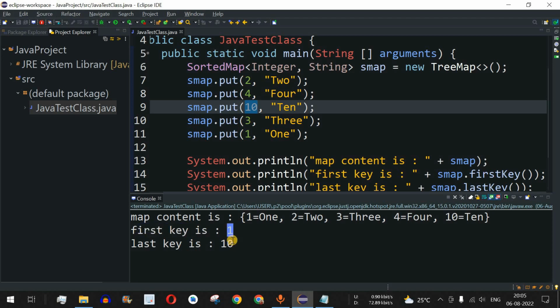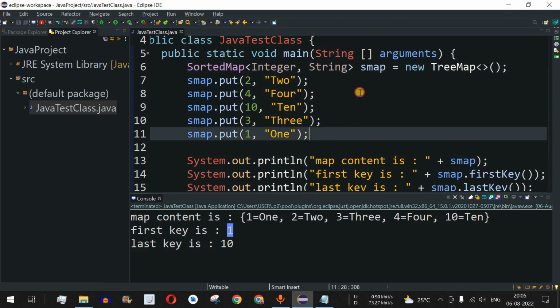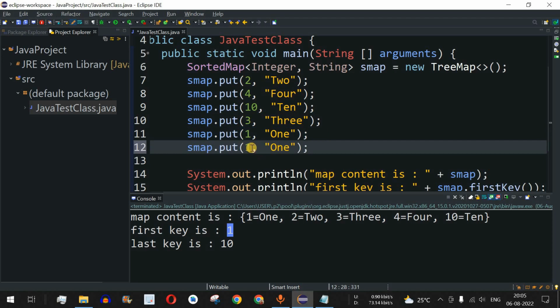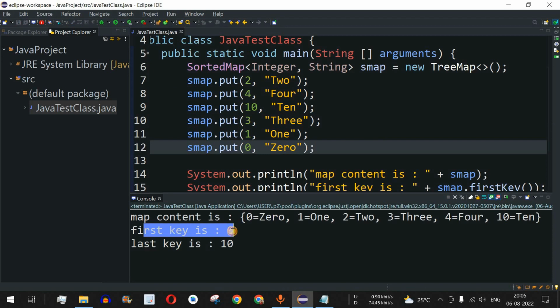And let us say if we want to change the first key to less than 1, so any number that is less than 1, yes, we have 0 as well, and we have negative numbers as well. So I'll just copy this and paste this over here. First we will check with 0 whether it works or not. So I will provide 0 as a string representation. I'll save this file and try running this code now. So as you can see, first key is 0.